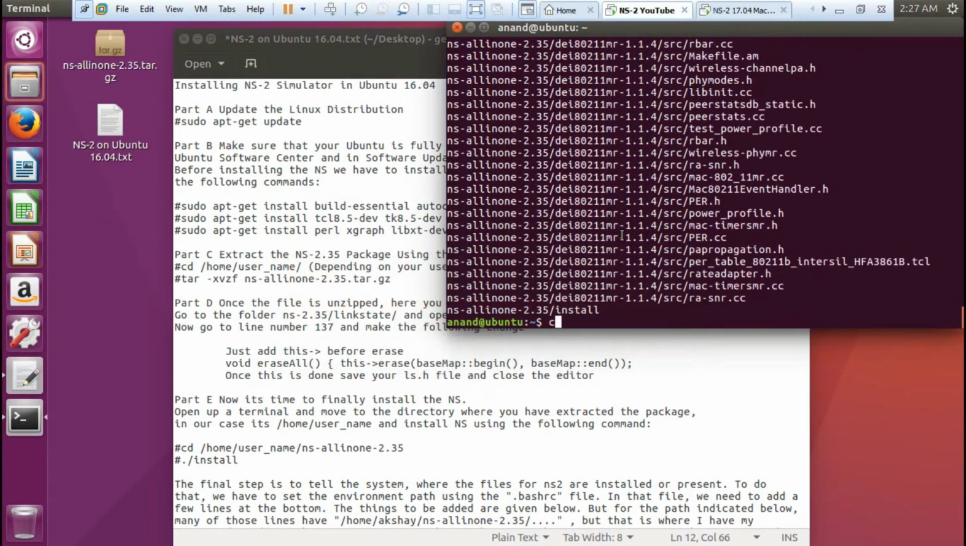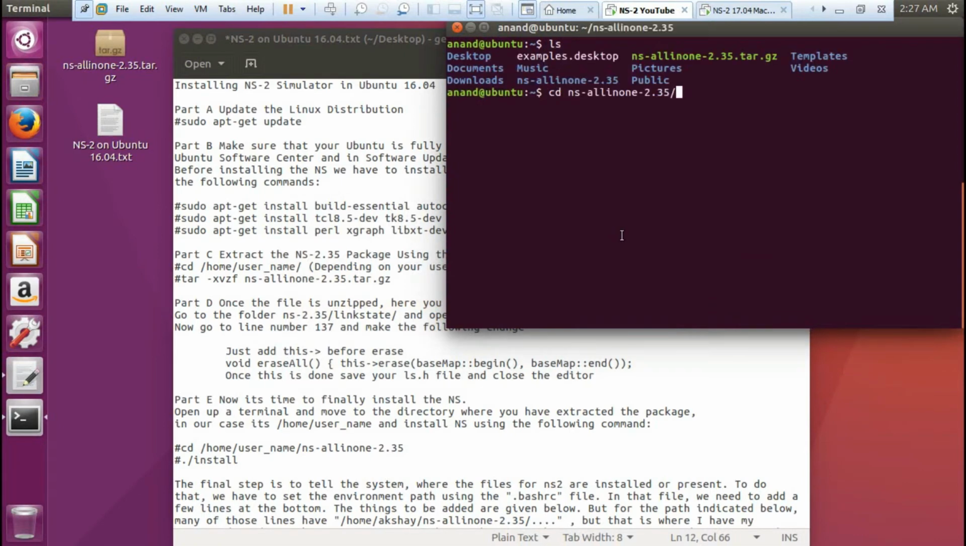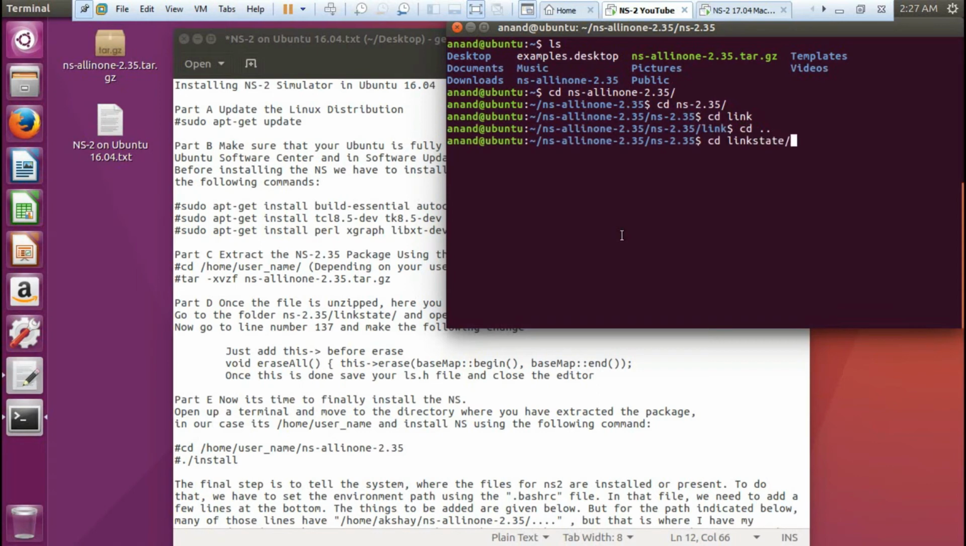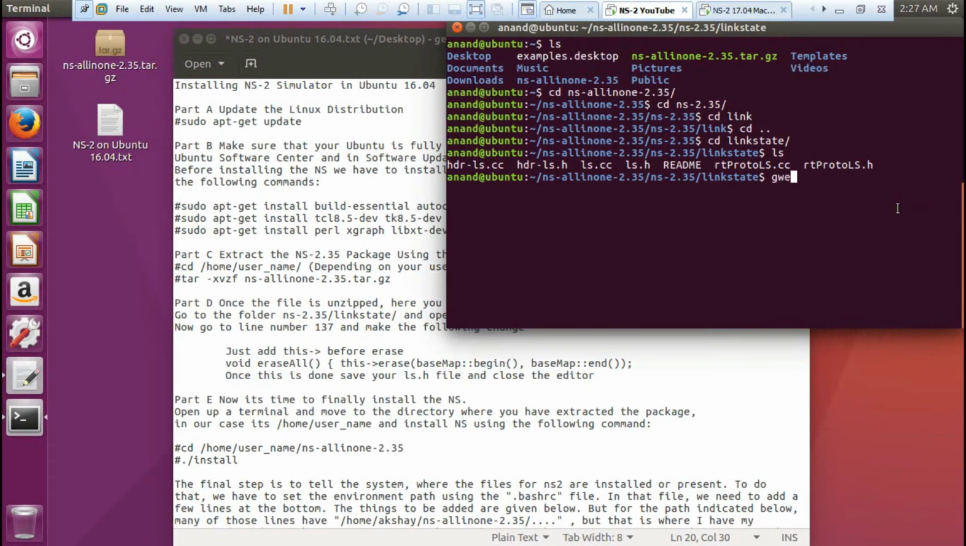Okay, all set. Let us go to this folder, that is cd ns all-in-one, and before installing, let me make sure that we do this step. So cd ns, and over here we have a folder called linkstate. Over here we have a file called ls.h. You can see that there is a file called ls.h. You have to open the file, so gedit